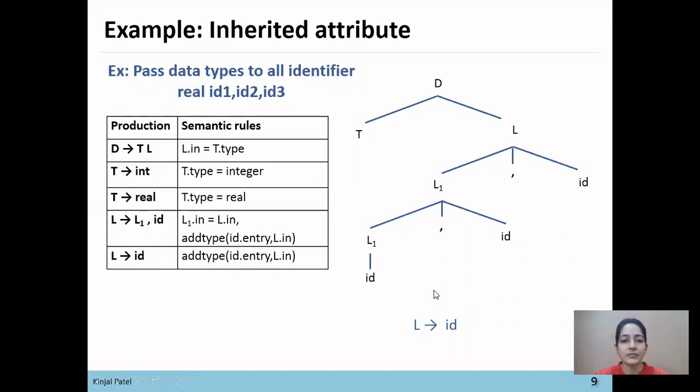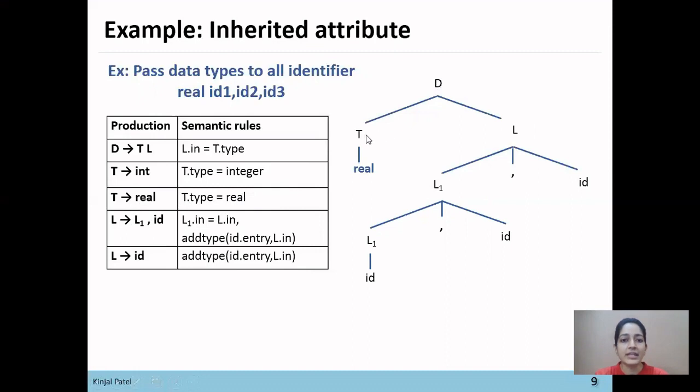Now from this T, we want to derive the type real. So we'll select T derives real and replace T with real. Okay, so the parse tree has been constructed from the production rules. Now the next task is to assign the attributes to each non-terminal symbol.